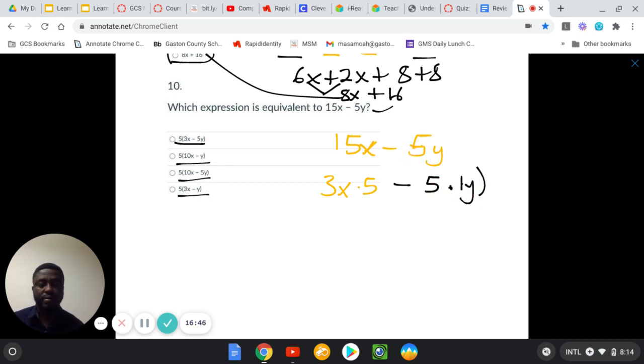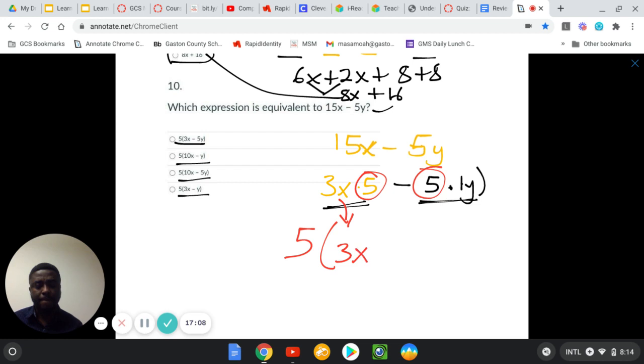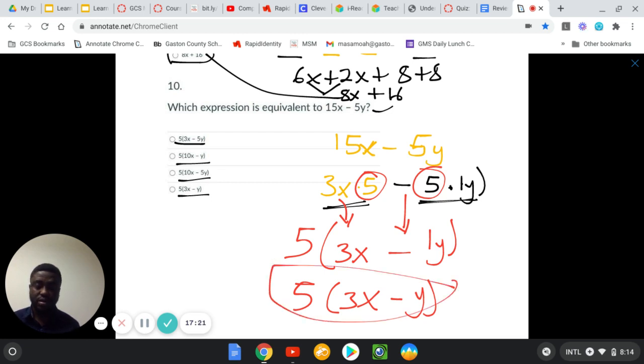So we plus y. Now, then I'm going to bring the factor. I'm going to factor out which one is common on this side and common on the other side. These are two terms. So I could see that this is common here, this is common here. So I'm going to bring 5 out. Then it remains 3x here. Then I'll bring my operation sign. Then I have 1y here, which is the same as y. So I have 3x minus y. And that will give me which one? I think